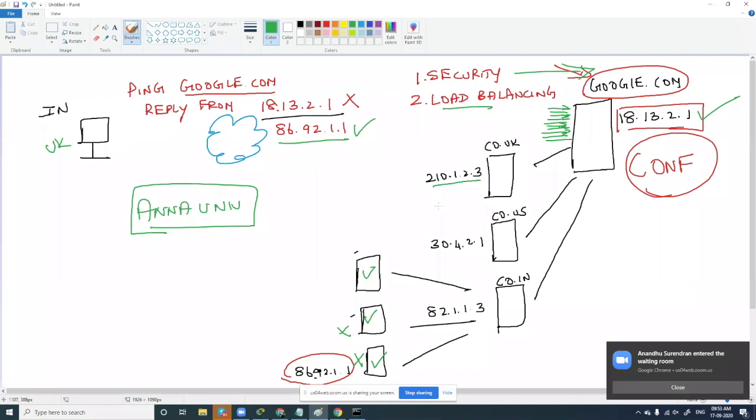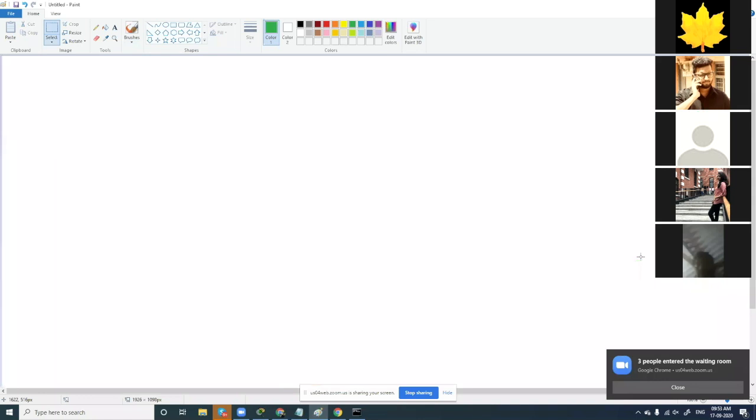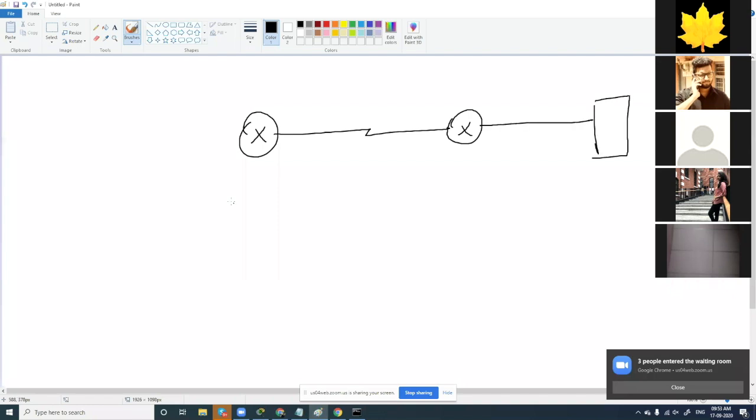So coming back to the topic here, the configuration which Google, I'm not saying this is what Google has done, a configuration which corporates can do to hide or protect their original IP address can be NAT, network address translation, right? So in network address translation, the concept is this. The configuration is very simple. You don't have to worry about that. We'll go for a packet tracer kind of architecture. I'll explain this, and later I'll also explain how to configure this in packet tracer, right?